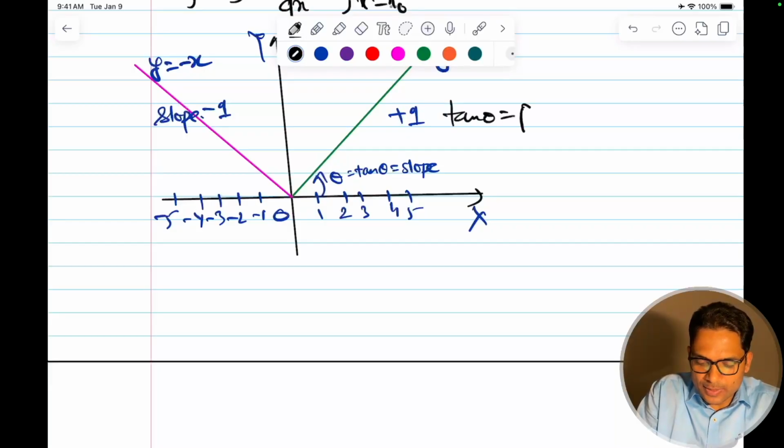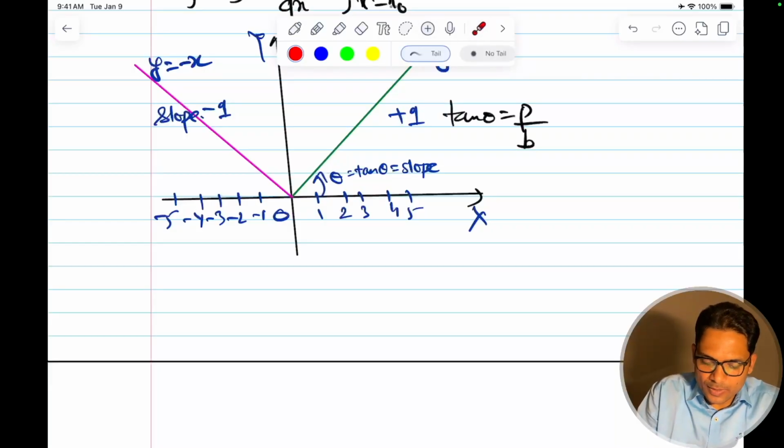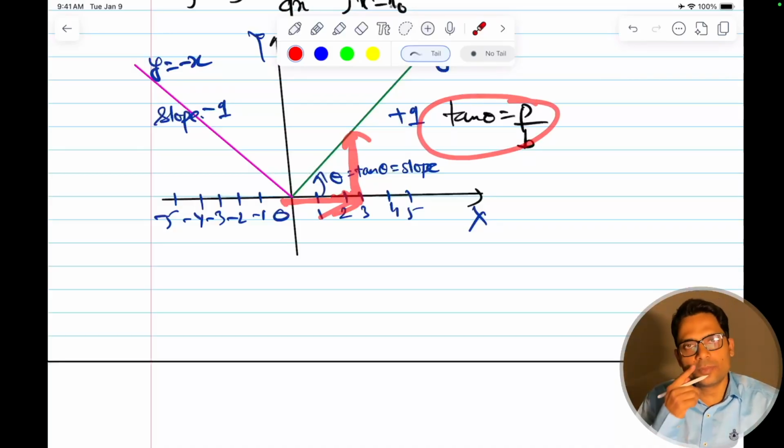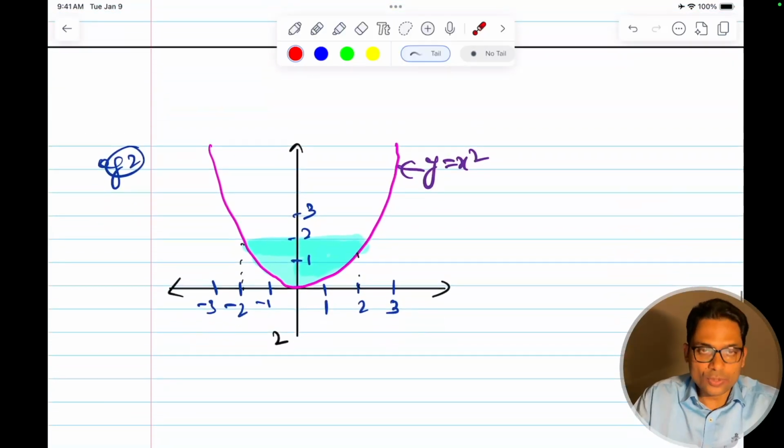Tan theta is nothing but p by b, perpendicular by base. So the perpendicular distance is your y-axis change and the base distance is your x-axis change, right? If x is changing by whatever units, then what is the corresponding change in y? That's what I want to measure by slope. Similarly, if I want a formula for tan theta at a point, for a line it will